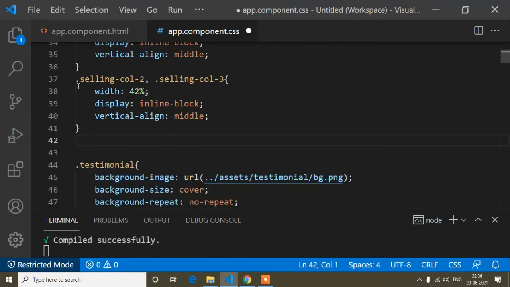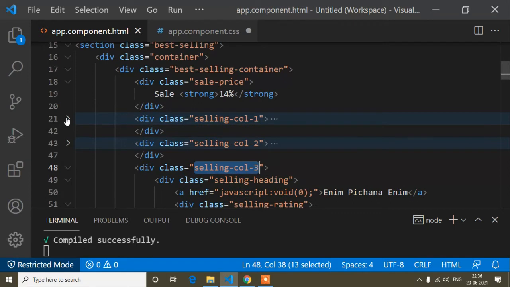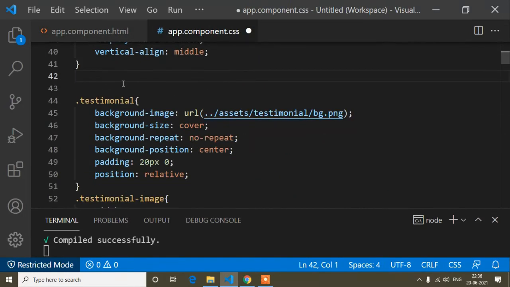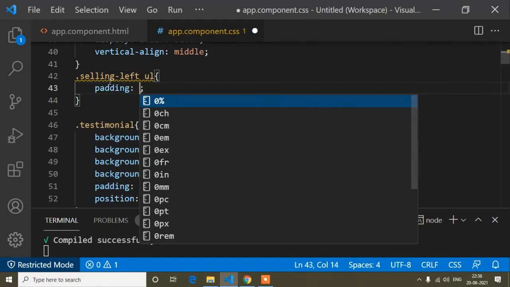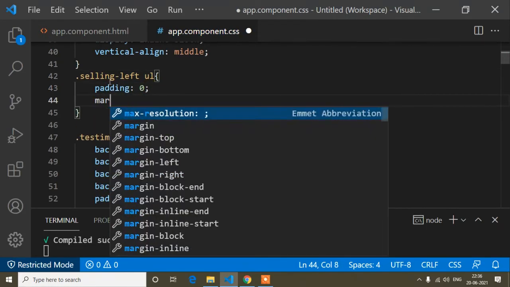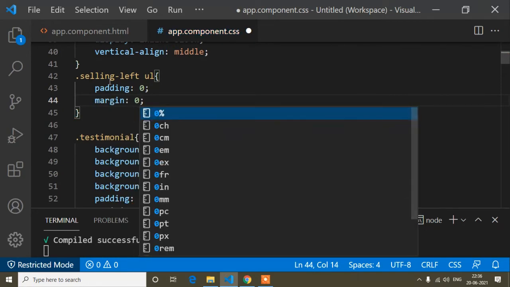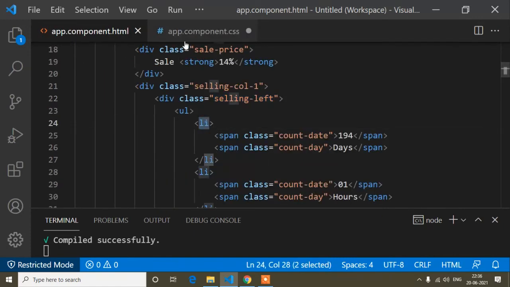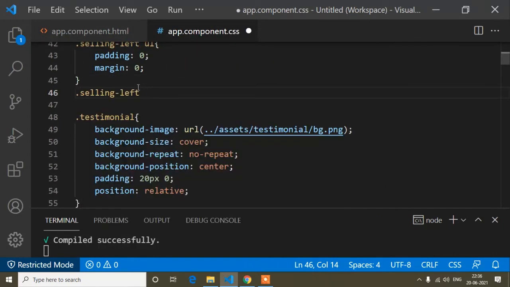So this one is done, and now first of all I will go to the first column, and here you can see ul li tag. So the parent of ul li this one, I will copy this one and paste here, and first of all ul, so padding is 0 and the margin is also 0, and after that this is the li, so here ul and li.